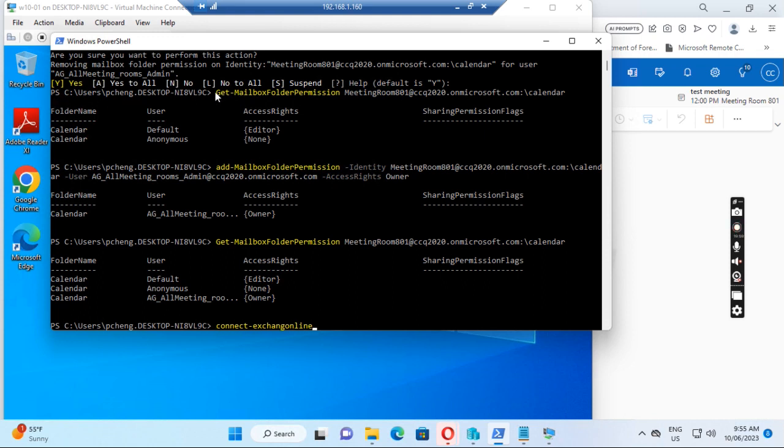And then I run the first command, Get-MailboxFolderPermission meeting room 801 at ccq2020.onmicrosoft.com colon backslash calendar. I see this is the default permission for this calendar. So I run another command to add calendar permission: Add-MailboxFolderPermission -Identity the email address colon backslash